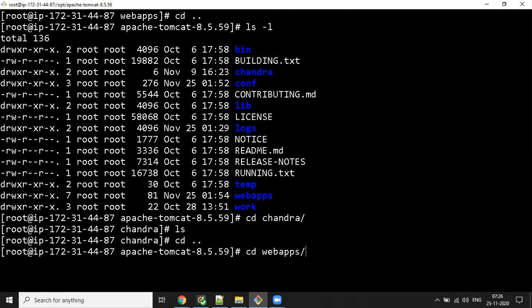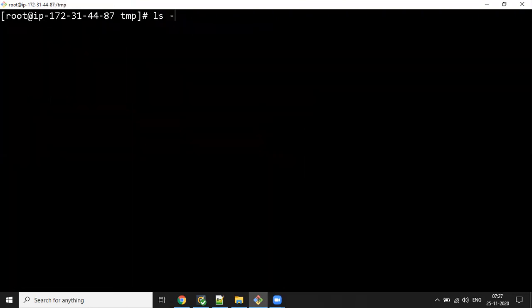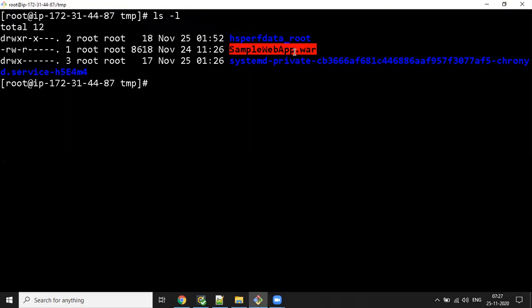webapps, use ls -l. See, there is the sample web app.war file. I want to take this war file to my folder, which is called Chandra. Copy sample web app.war file to the Chandra folder.